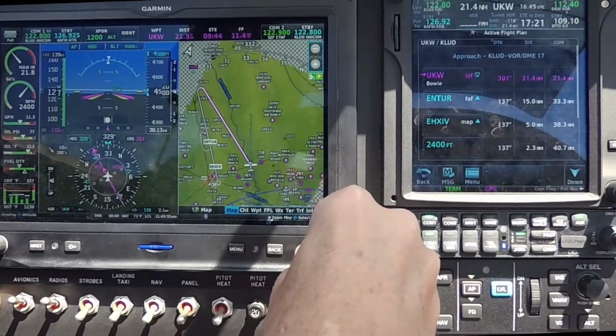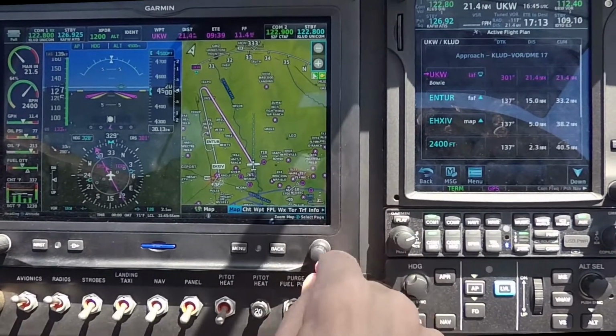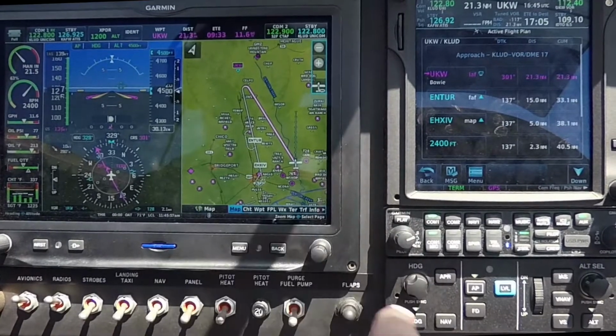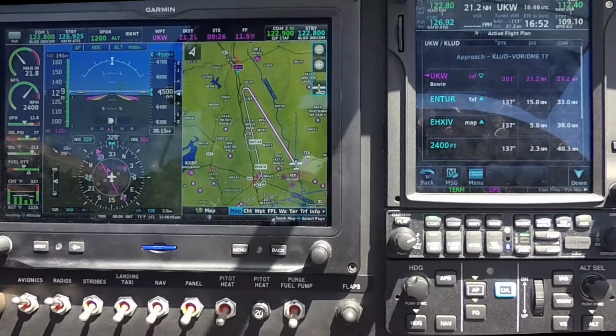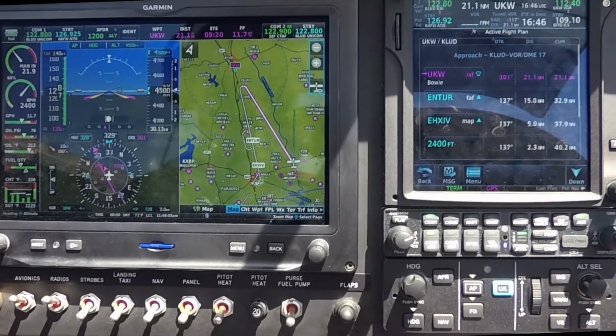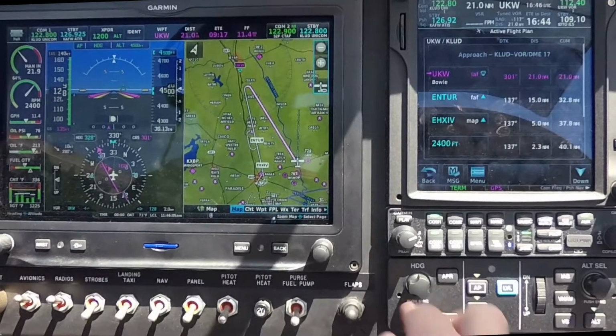Let me shrink this down a little bit. You can see on this screen that if I had it in nav mode on my autopilot, I would go direct to the buoy VOR to enter the hold. So let's suppose at this point